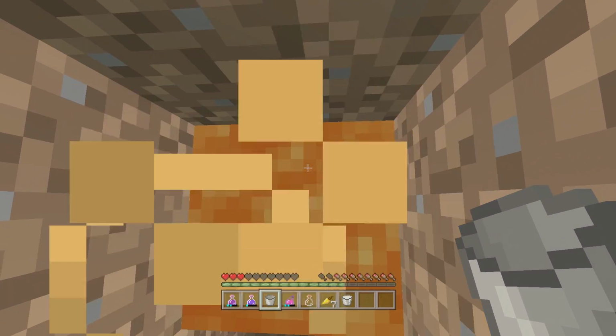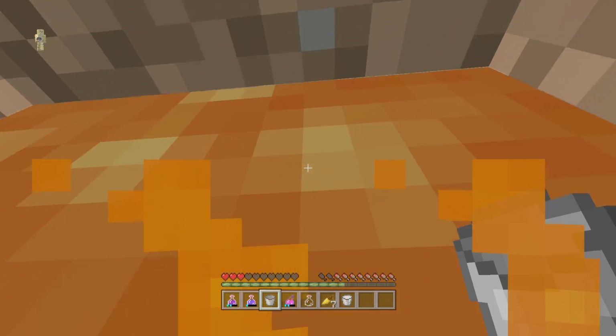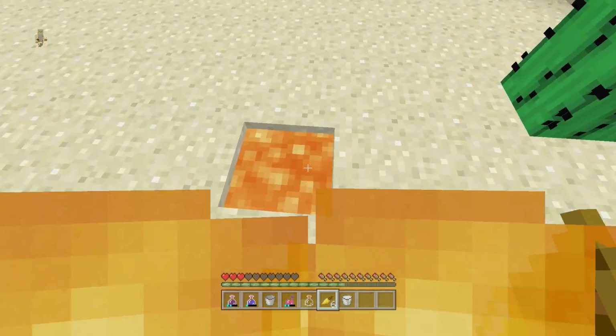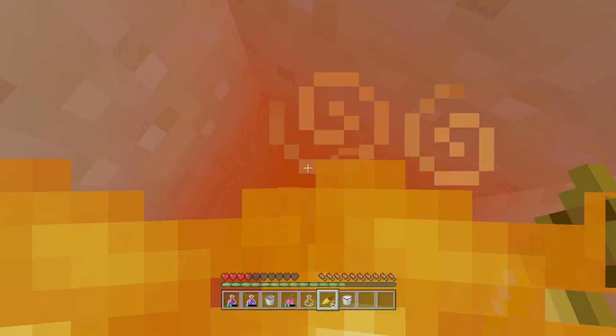Plus, as a little side benefit, this means you can have a secret underground base that only you know about, because most people, if we quickly go to the surface here, and also we get our health back, will only see up here just a pit of lava. They'll be like, okay, there's nothing cool going on down there, but